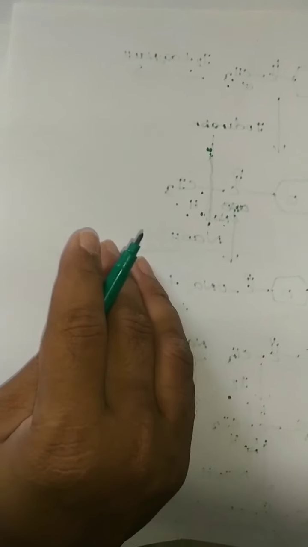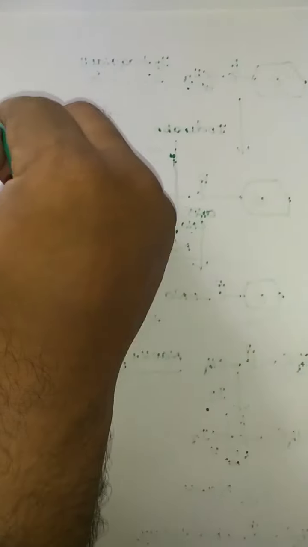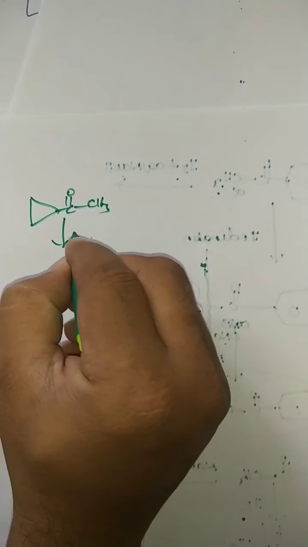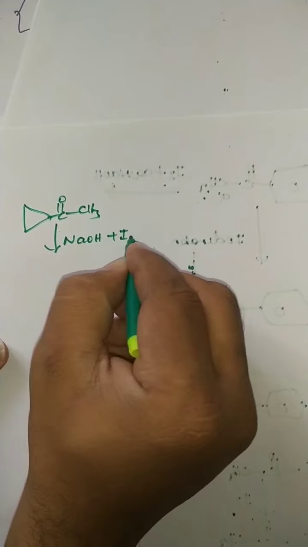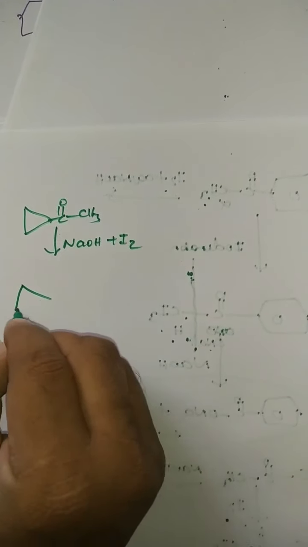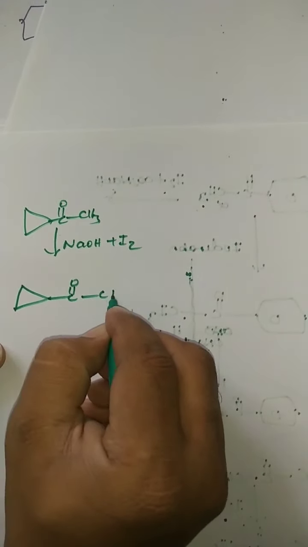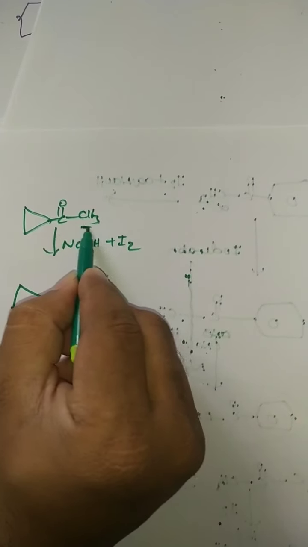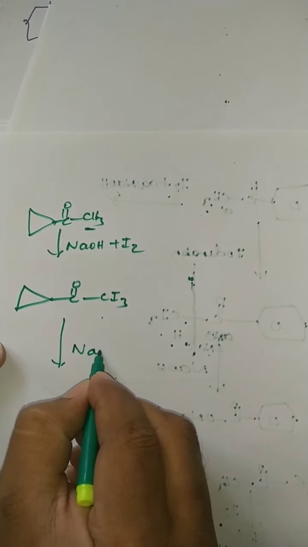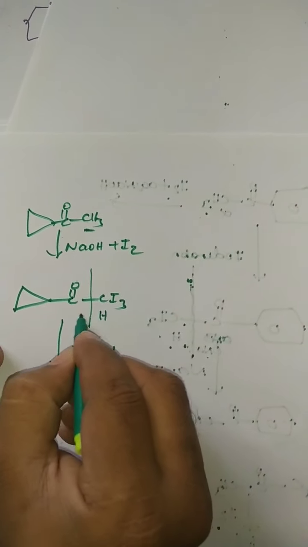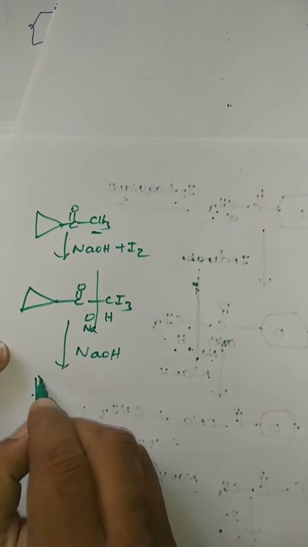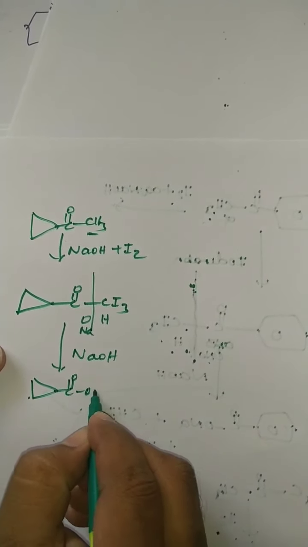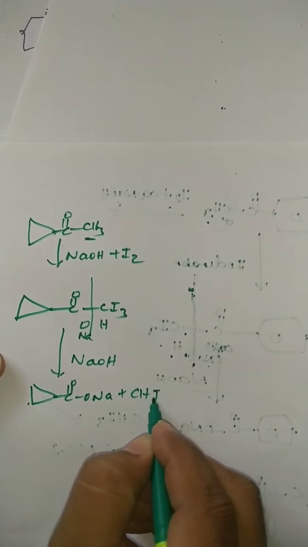Next I will give one more example. Actually, this iodoform reaction is given by what type of compounds? But before I tell that, you tell me, students, what is the product. On the arrow NaOH plus I2 is given. Simply, the technique I said: first you write CI3 in this manner, iodination. All the 3 alpha hydrogens are displaced by iodine. In the next step, NaOH, split this side H, this side ONa. So what will you get as the product? CO ONa plus CHI3.